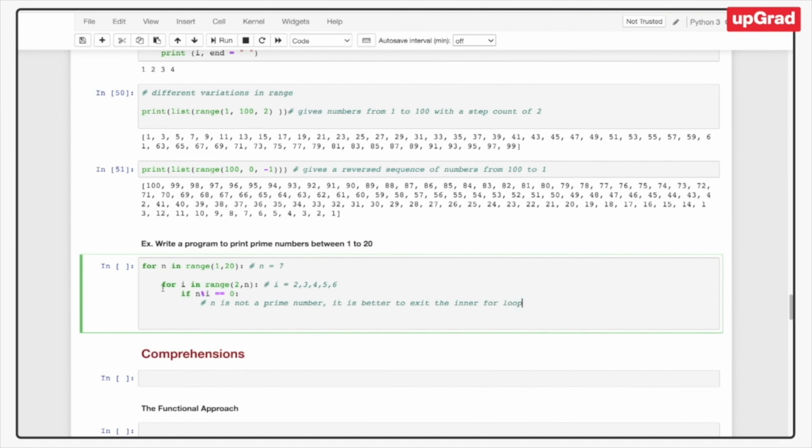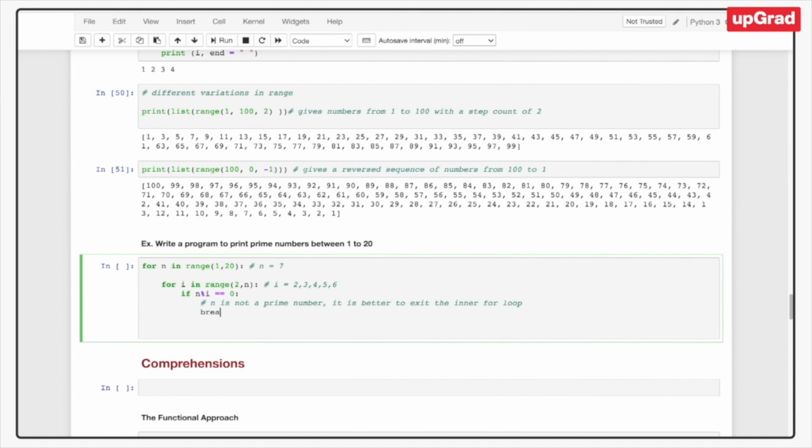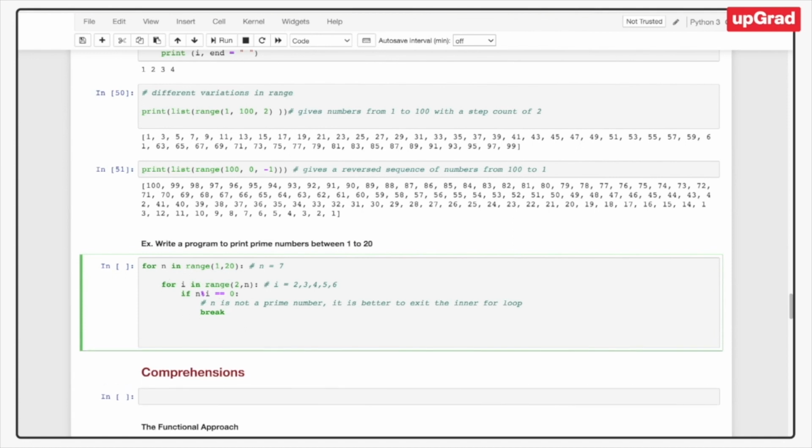Right? It is better to exit this one. And one way to exit a for loop is break. The command break would exit the closest for loop to it, right? So if you exit here, then you come to this line. Now we want to know whether it's time to print i